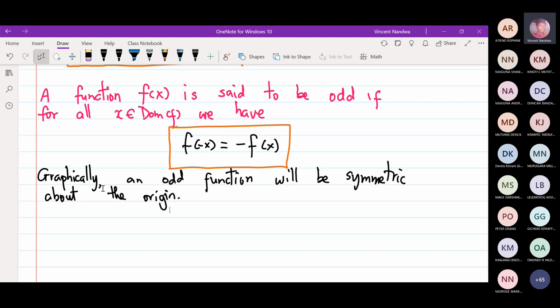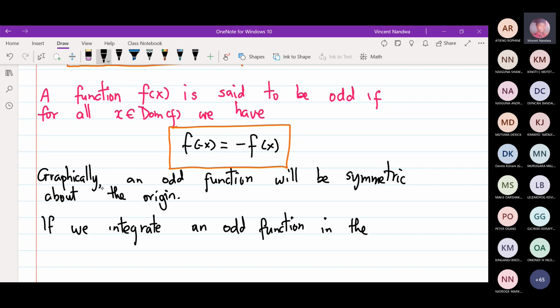And if we integrate an odd function in the interval minus alpha to alpha, we get